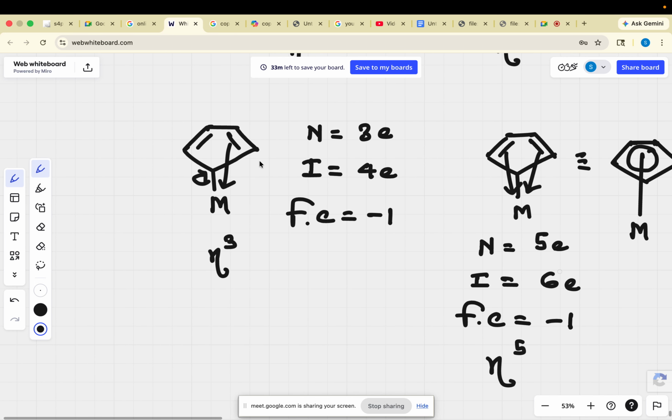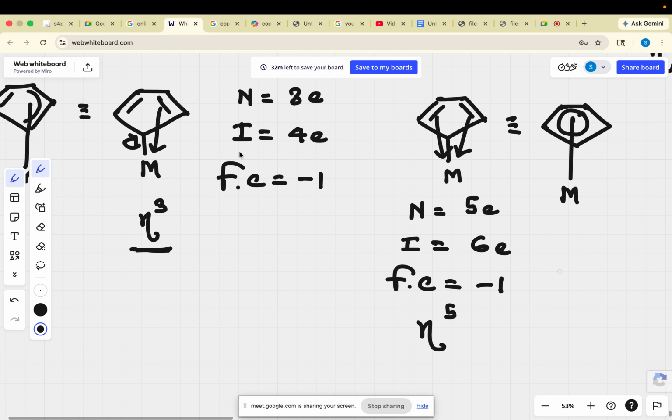Suppose this system I can also draw like this. They will not show you like this. So this double bond is not donating, so they will write it like this. So what is the value? Eta 3, right? So that means 1 2 3. So they will show you like this, like this. If they are showing like this, that means these three atoms, 1 2 3, are donating electrons